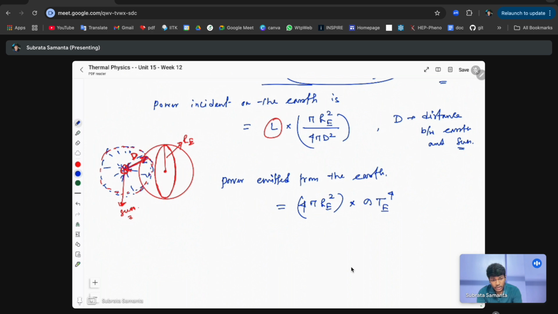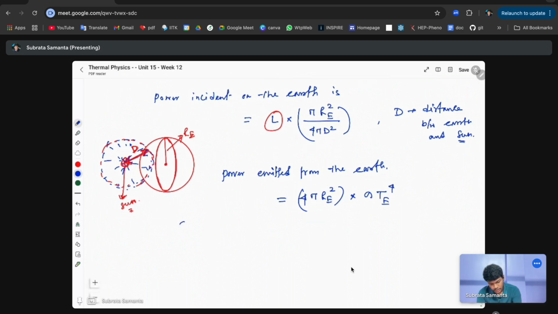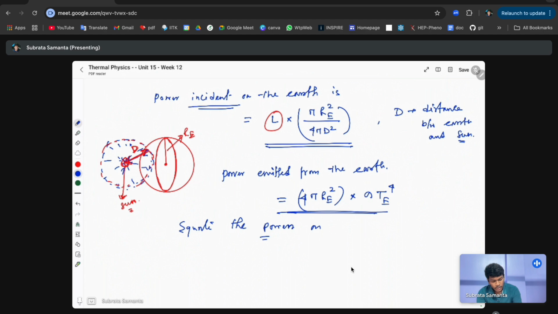Okay. So equate the power on the earth's surface, the power emitted and incident on the earth. So power incident on the earth is this, and power emitted from the earth is this. So equate the power on the earth's surface. Okay, so we get